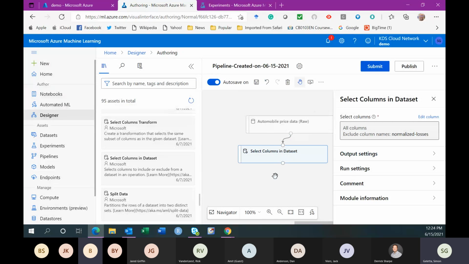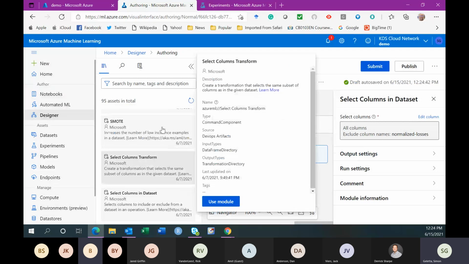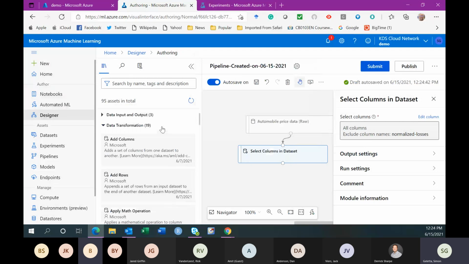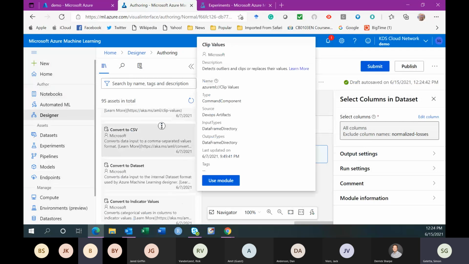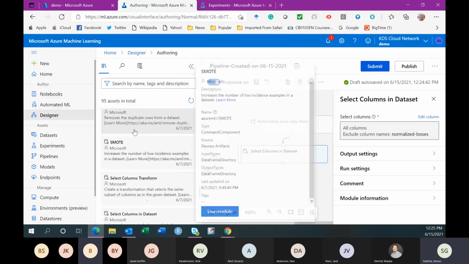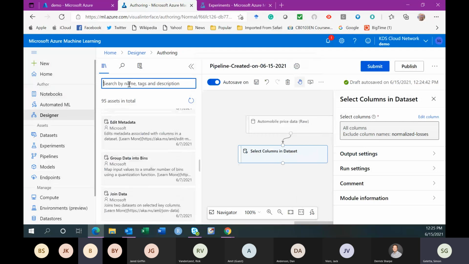Okay. Other variables may also have missing values, not as much as that variable that we just eliminated, but we want to handle those missing values as well. So in order to do that, we look for missing values, a tool that allows us to handle missing values. Should be somewhere in here. If it's hard to find, you can just type the name of the object that you're looking for.